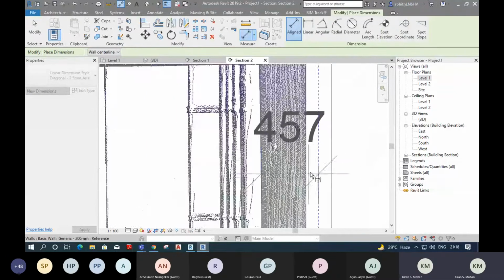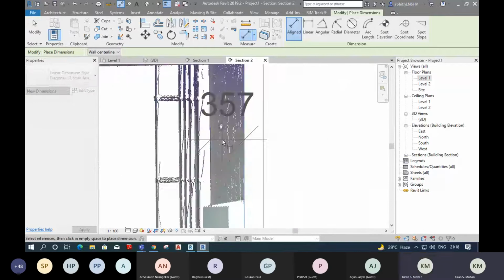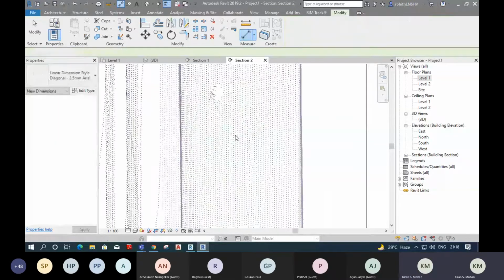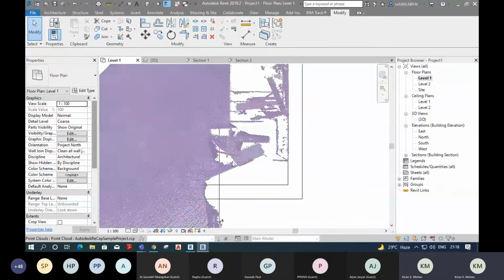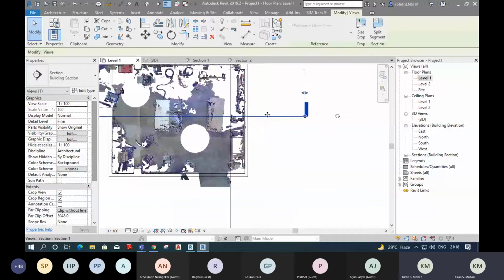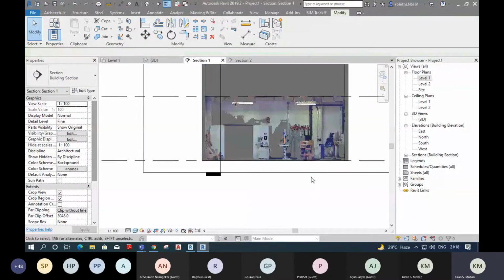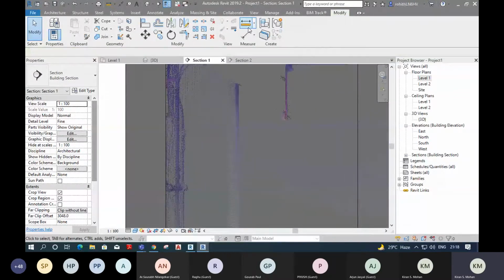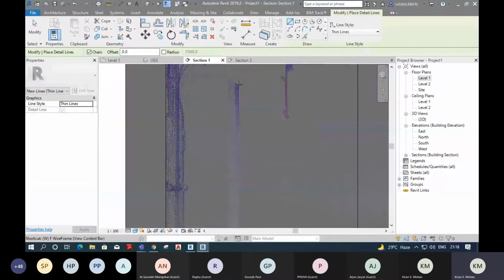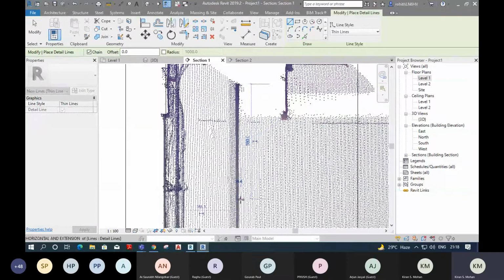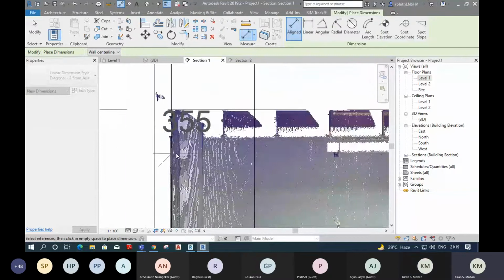So the vertical dimension is 350 and now the horizontal dimension. We can measure this distance. 355. Okay, we can select 350 by 350. So go to level 1. I'm editing it.